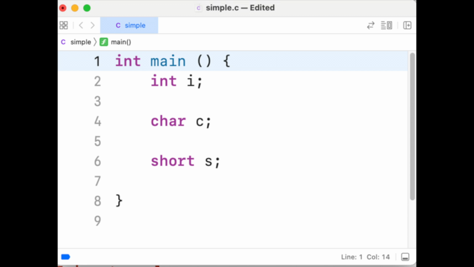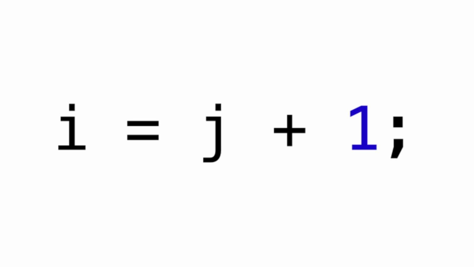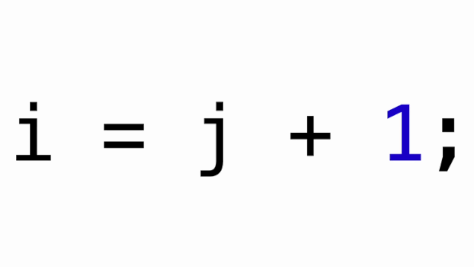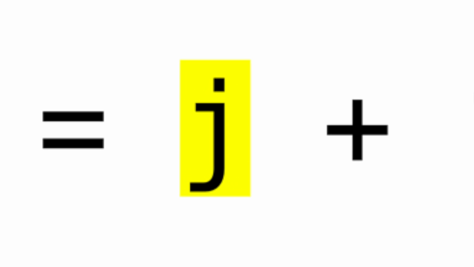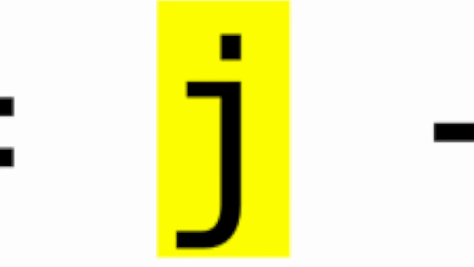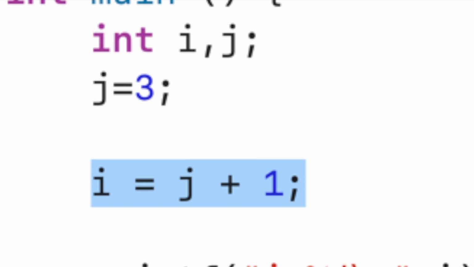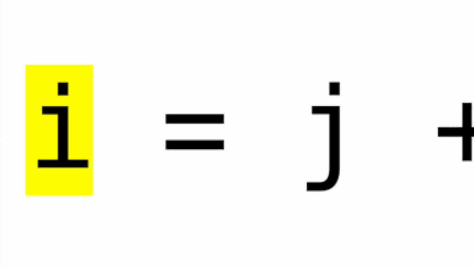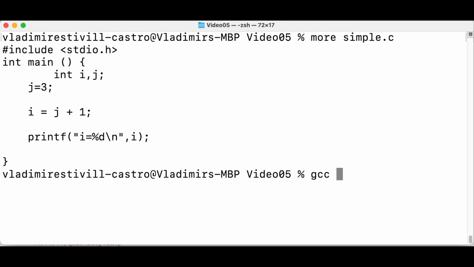Simple variables in programming languages typically designate a place in memory where data is stored. For example, in the C statement, i equals j plus 1, the variable j on the right-hand side of the assignment designates retrieving a value. Therefore, when evaluating a variable, as in the sample code shown, the symbol j evaluates to 3. However, the variable on the left-hand side is the address or location of i, and with the assignment,